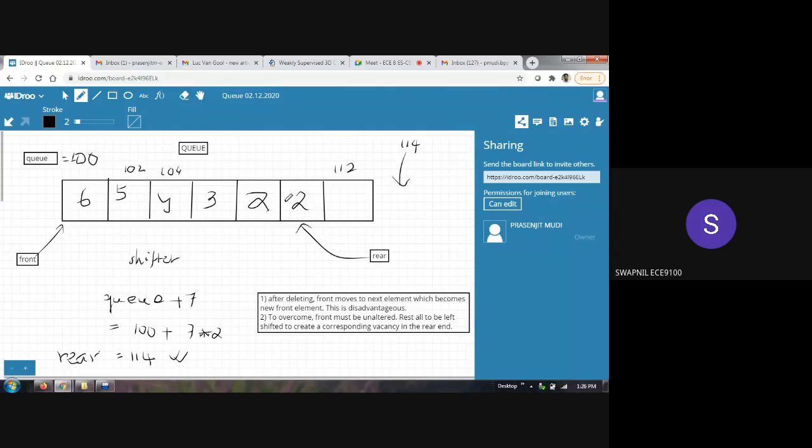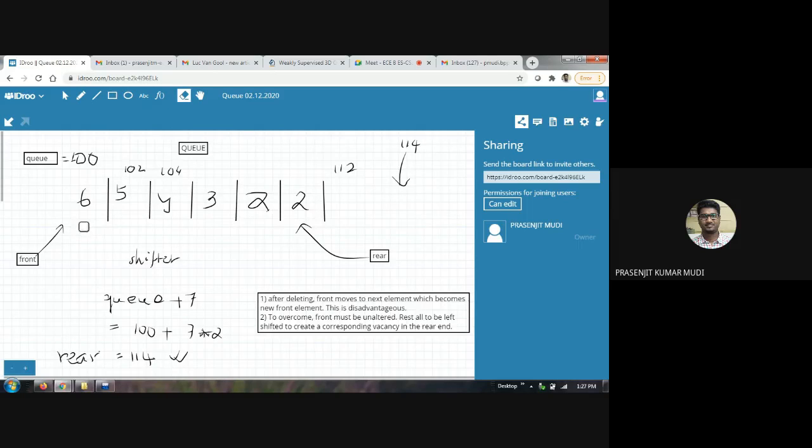It will be overwritten. It will start displaying from here, and it will end display up to this. So up to this is your existing queue filled up. Yes sir, yes. It will be displayed, and whenever you want to add a new element, that element will be replacing this value stored earlier. That's not a problem. Or if you replace this 2 by 0, that's also meaningless, because 0